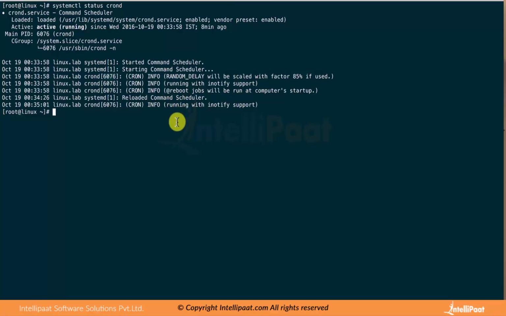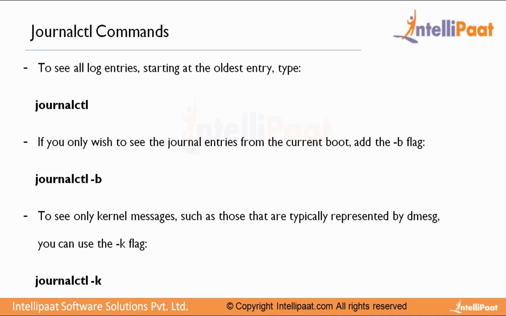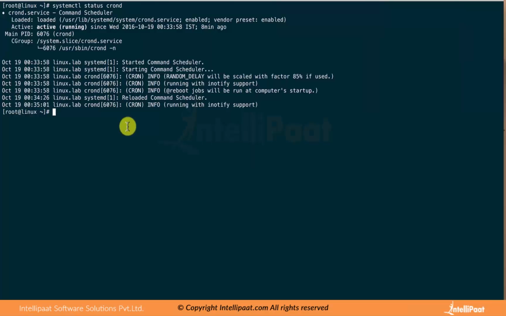Say you want to know the detail of all the services and everything that is going on in systemctl, then for that there is another daemon called journalctl, which logs everything, and you can use that command to get that log. Okay, so this is the simple command journalctl, which throws the entire log onto the screen, but it